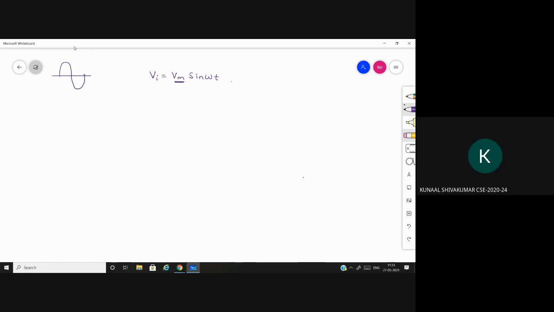Peak voltage. So peak voltage means this voltage or this voltage. I take it as 1 and this as 2. Whether Vm is 1 or 2, once. One. Very good. So Vi is equal to Vm sin.